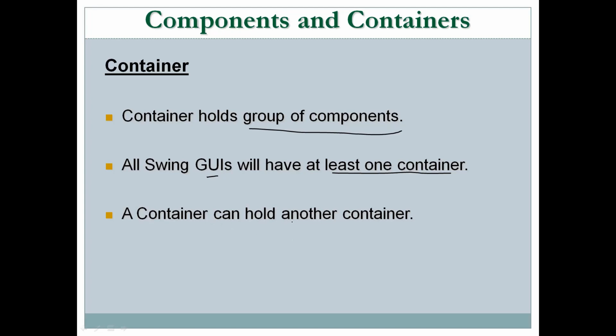A container can hold another container. Even this is possible. You can add one container on another container. Means you have a JApplet or you have an applet. On the applet, I can add a panel. I said panel is also a container. So on the applet, I can add a panel, and on the panel, I can add components like button, like text field. Like you have one bowl, and inside one bowl you are adding one more bowl. So bowl inside a bowl, and in that bowl you can add water. So what you have done, you have added a container inside a container.